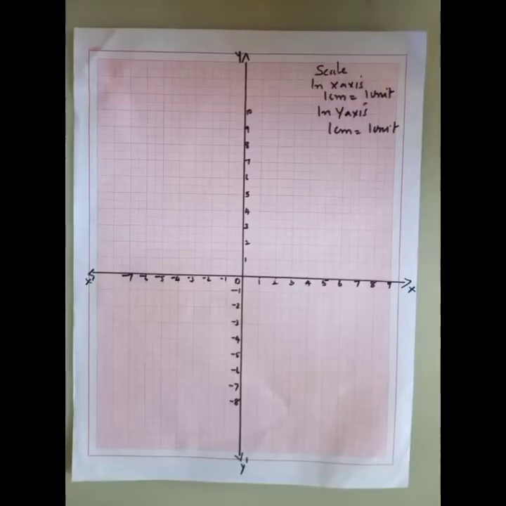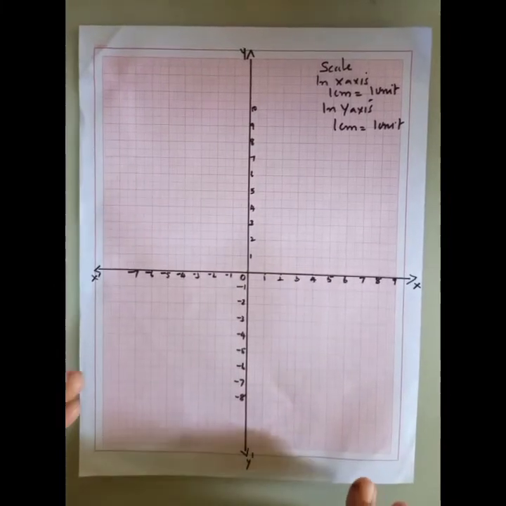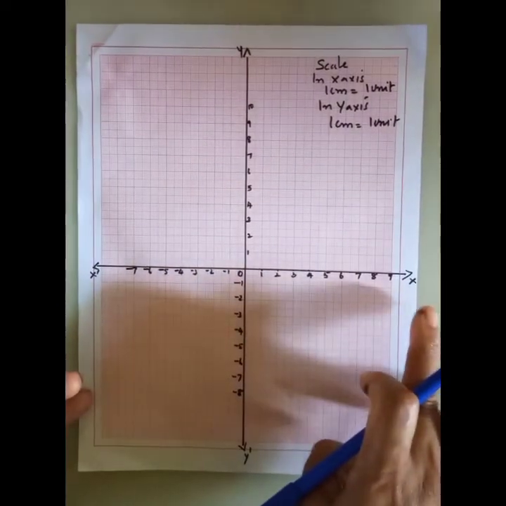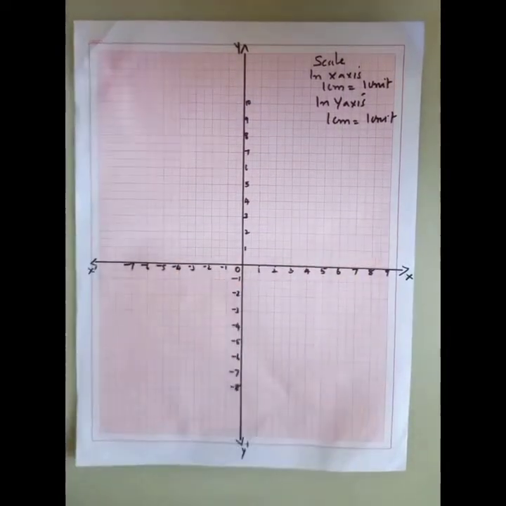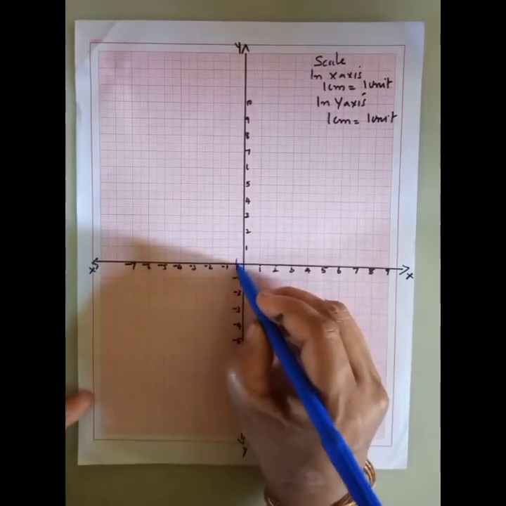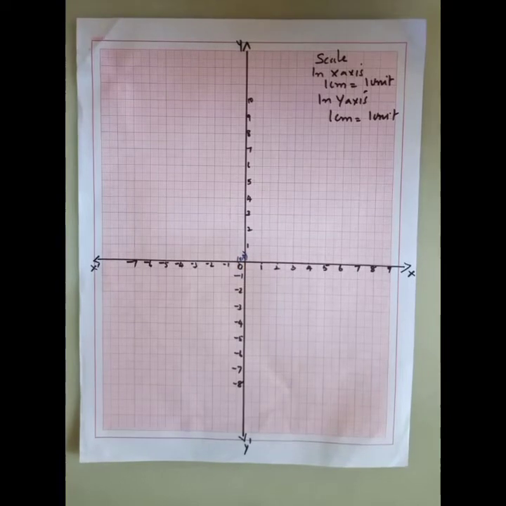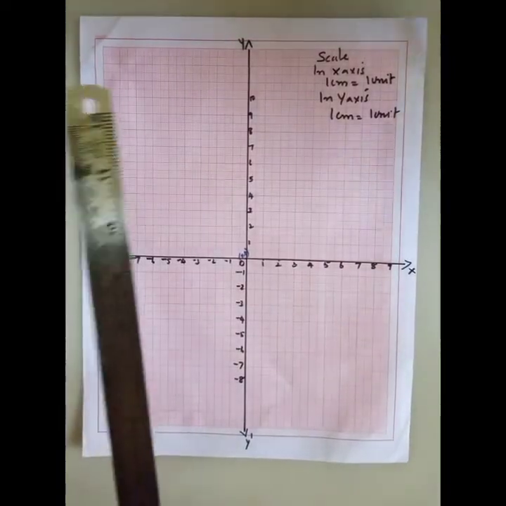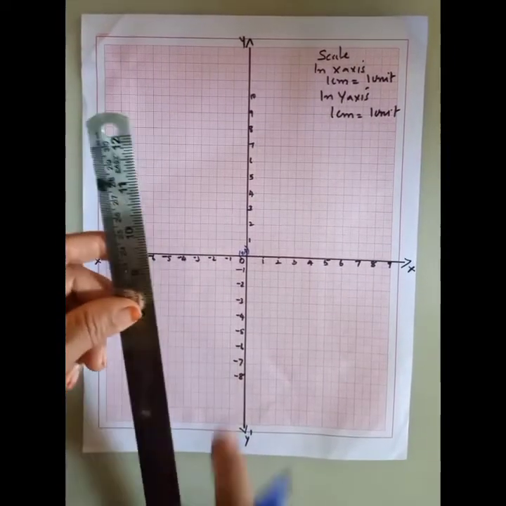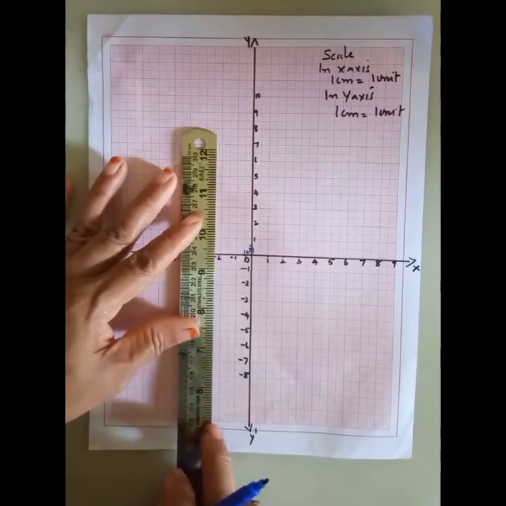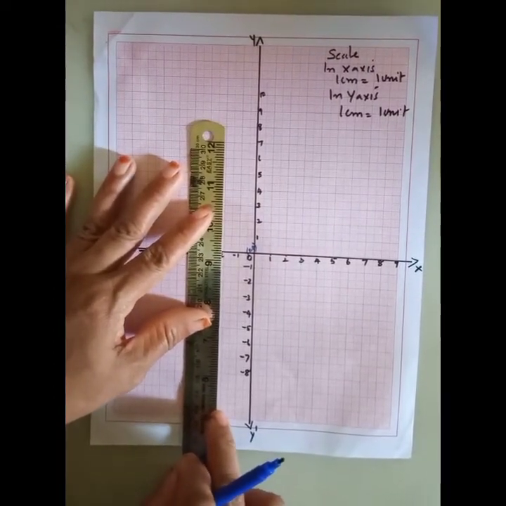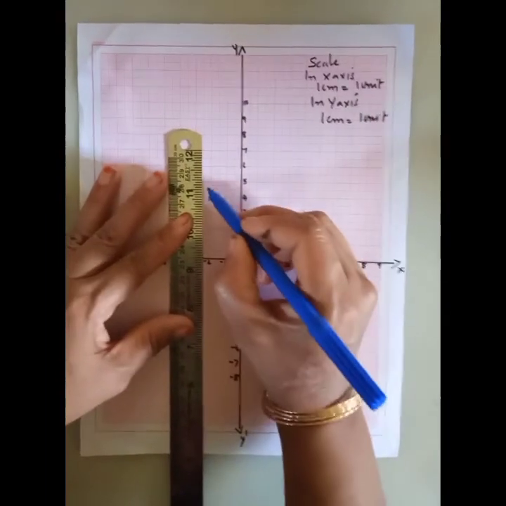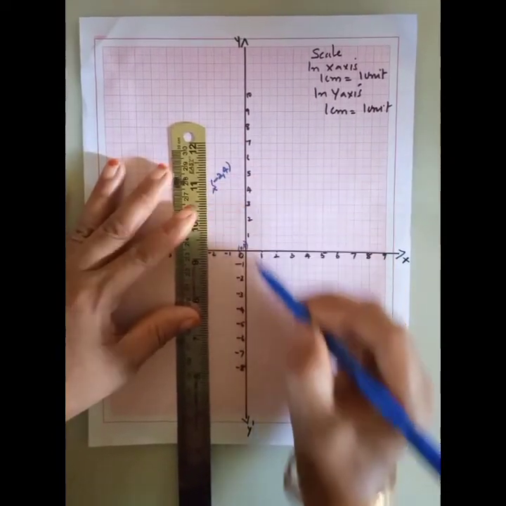Okay. The negative x-axis. See children, before going to draw the graph, first you must write the scale and draw the x-axis and the y-axis. The point of intersection is the origin, that is the coordinate 0, 0. Then you see the first point, minus 2, 4. So what you have to do is take your scale and keep it perpendicular to the x-axis. The point is minus 2, the x value. So you keep the scale perpendicular to x-axis at minus 2. Then minus 2, 4. So 4 is this value. So this is the point minus 2, 4. So it lies in the second quadrant.